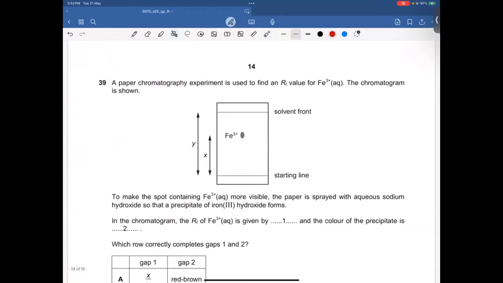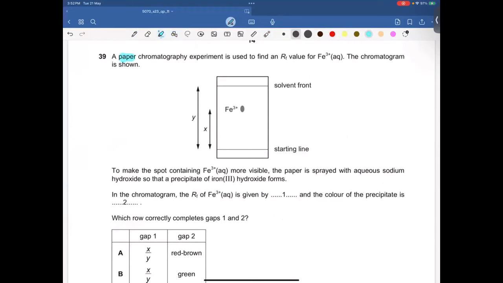Let's talk about 39. A paper chromatography experiment is used to find an RF value of Fe3+. The chromatogram is shown. To make the spot containing Fe3+ more visible, the paper is sprayed with aqueous sodium hydroxide so that a precipitate of iron(III) hydroxide forms. In a chromatogram, the RF of Fe3+ is given by